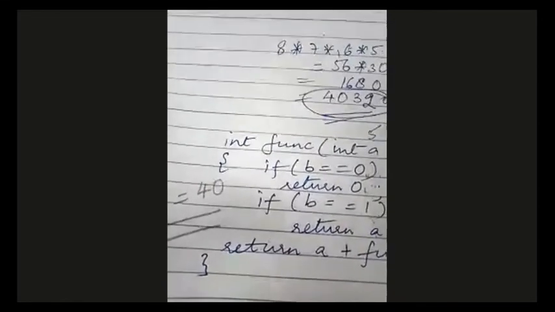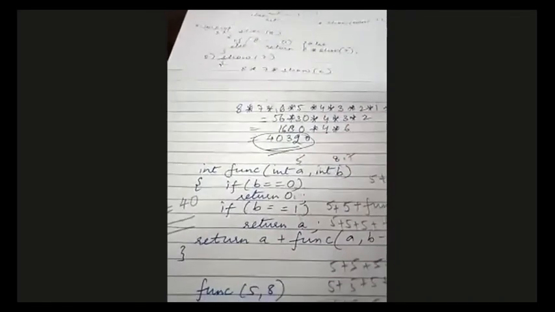Is this clear? Is this point clear कि कैसे चल रहा है ये? It is adding 5, the number 5 8 times. So this is what the function is doing. Have you understood how is it doing this? Do you want me to do it practically with you? Should I do one question practically?